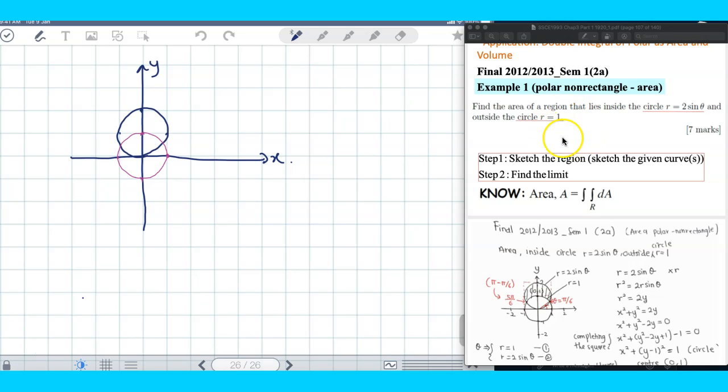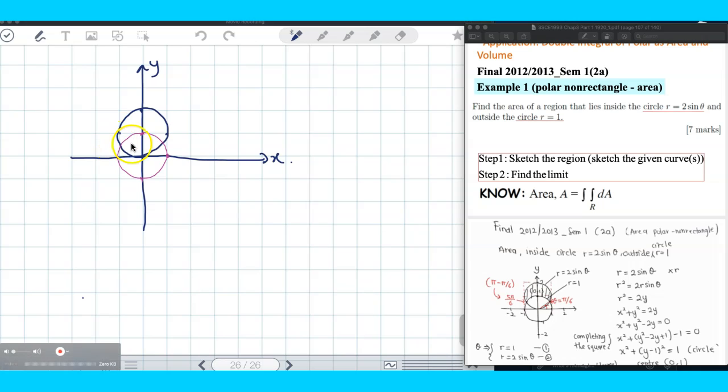Okay, so next we want to look at the example. If we have to get the area and volume in polar, using the polar coordinate system. In this case, we are given a region that lies inside the circle with